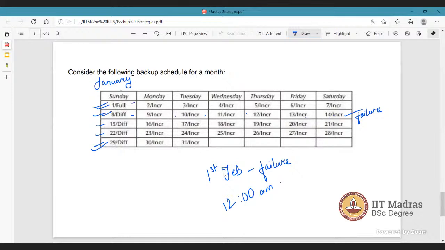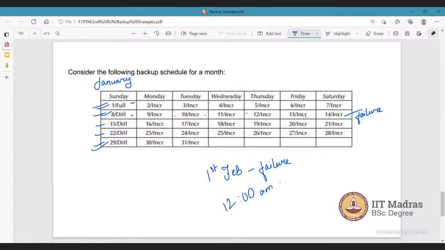Suppose I have an external drive, and I'm taking the backup on the external drive. Then the 14th is a failure. Till the 13th, the data is on the external drive, right? Say for example, if a hardware crash occurs on the external drive, then from my original drive I have to take all the data again to another external drive, because the data I have on the external drive is not recoverable, right?